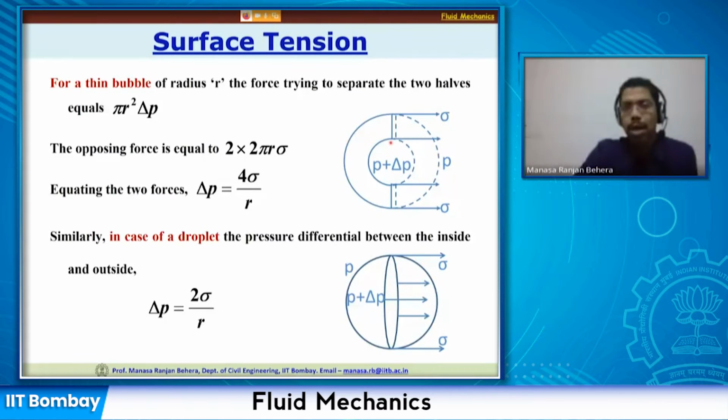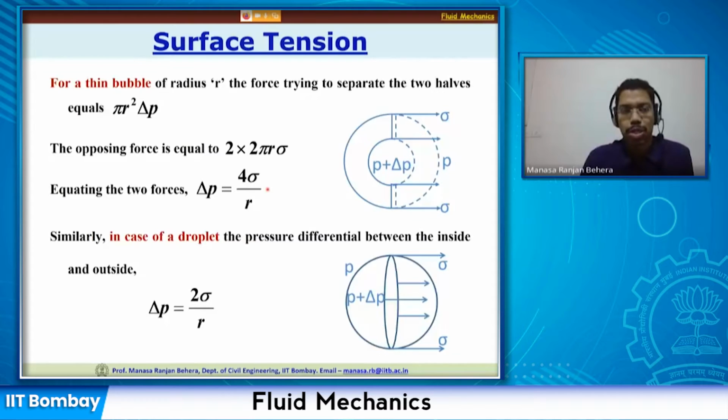Now because the bubble here, for demonstration purpose, the thickness is shown so large, but it is very thin, so the difference in radius is not going to be much. It is going to be more or less similar. So the force that is acting on the inner side is also going to be added, so it is 2 times 2 pi r sigma. Now if I equate both of these, I will be able to write down that delta p is equal to 4 sigma by r. So from this I can find out what can be the radius of a bubble for a given internal pressure rise, or what can be the pressure rise if there is a particular radius. So invariably you will be able to find out some unknown parameter from a set of given situations.